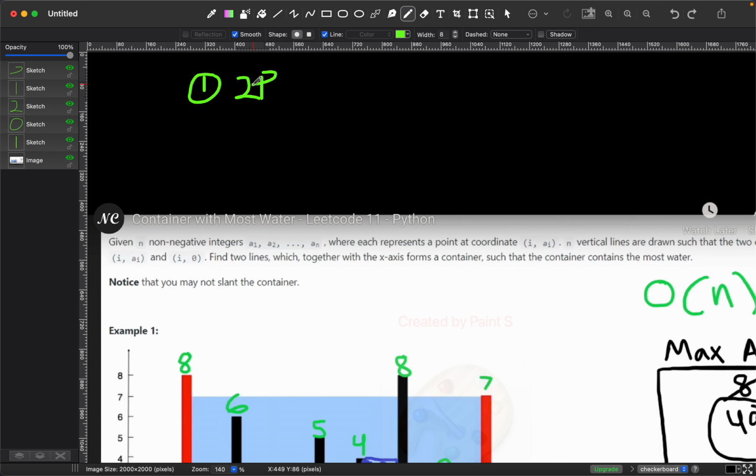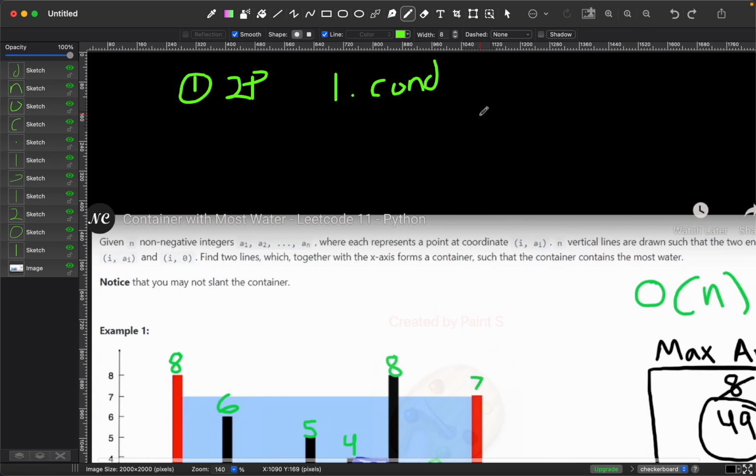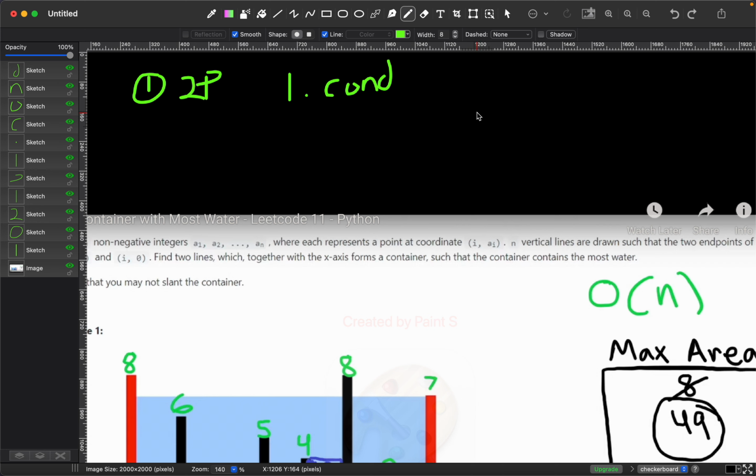From previous videos, we did talk a lot about two pointer and how it solves problems. For this very case, one of the features that two pointer has is the conditional statement. So with one conditional statement, then you shift the